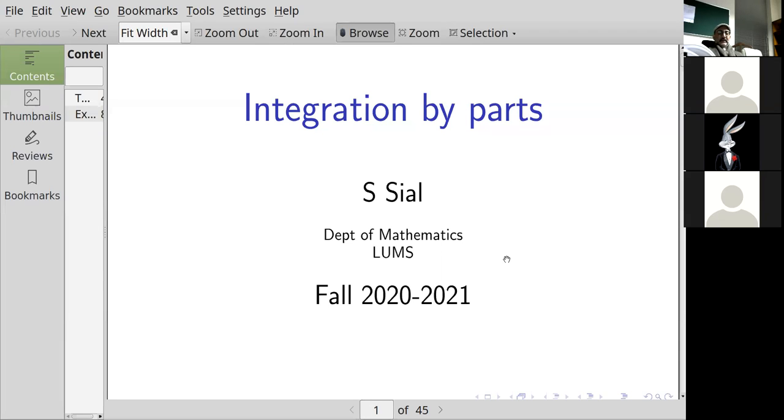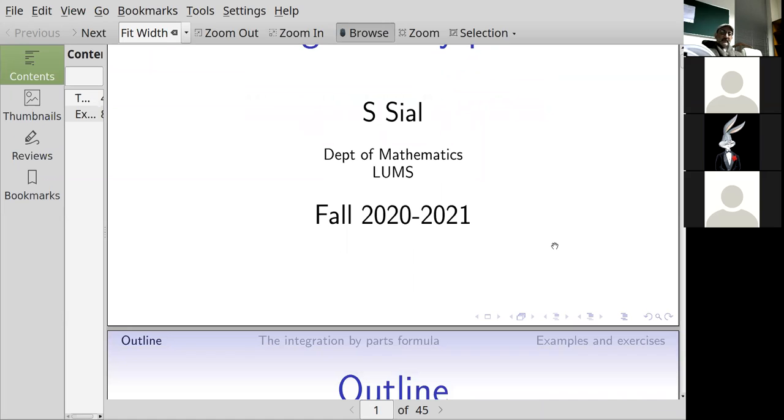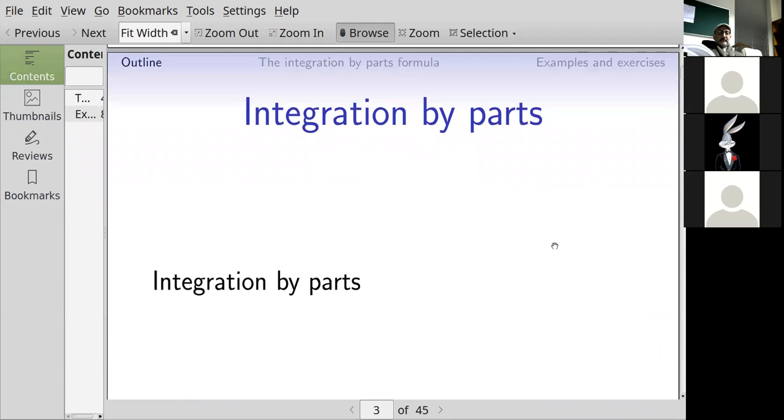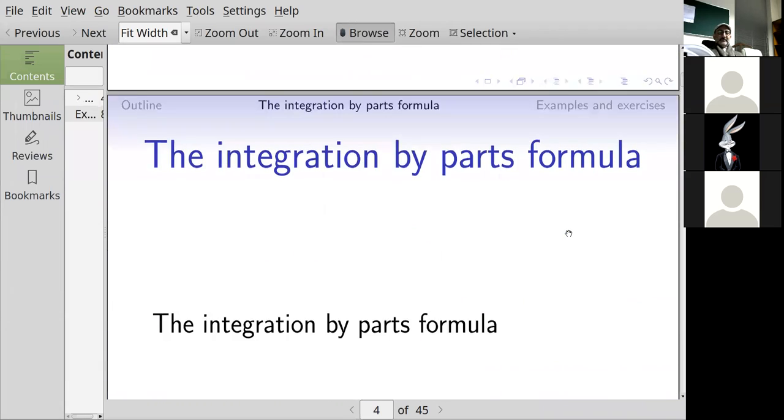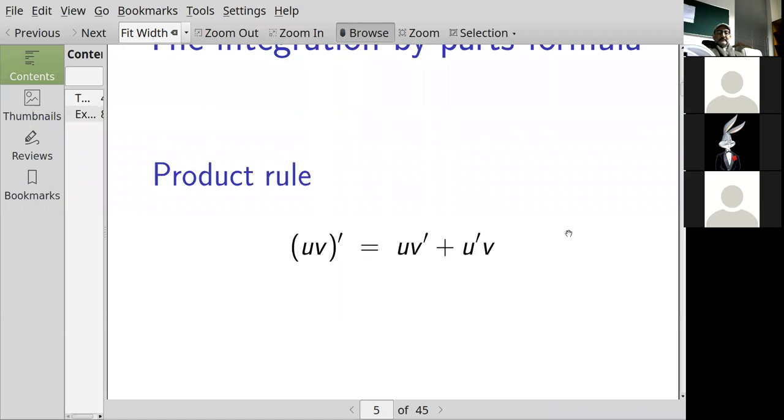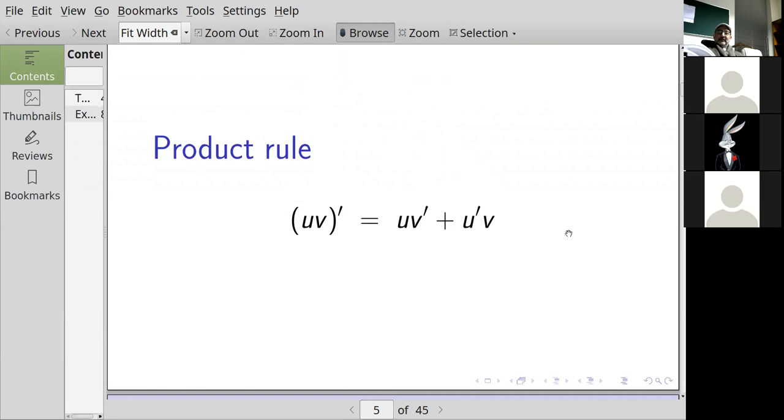Okay. Another approach that we'll see in this session is called integration by parts. Basically, what integration by parts is, it's the use of the corresponding differentiation rule, the product rule. So we'll use the product rule to derive the formula for integration by parts, and then we'll see a few examples. Okay, so to remind you of the product rule, if I take the derivative of u times v,